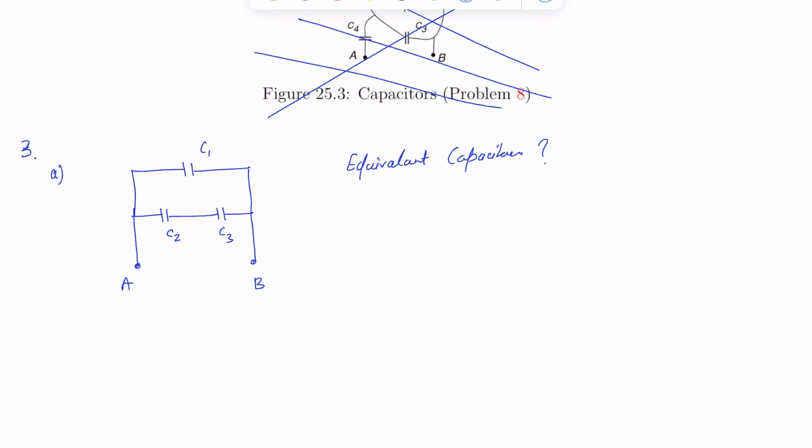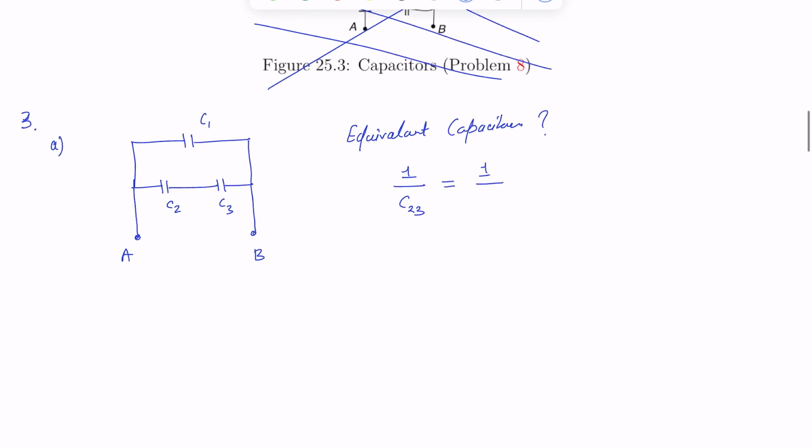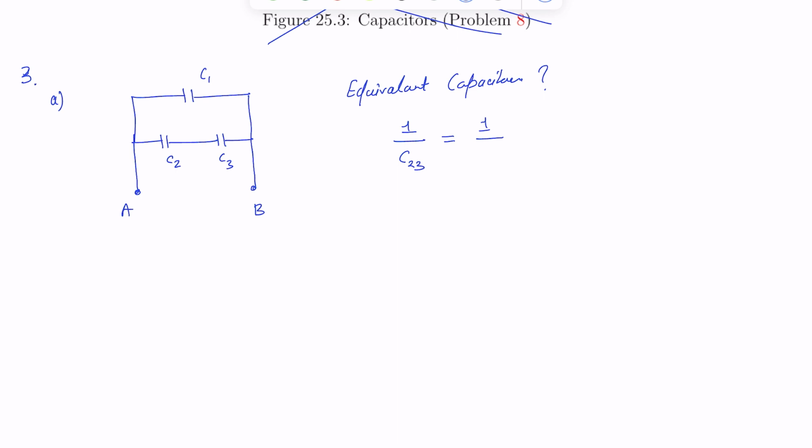So if I want to replace C2 and C3 by one single effective capacitance, let's call it effective capacitance C23, then its value is going to be 1 over C23. I'm using the formula for series combination for capacitors. It is the opposite of what you have for series combinations in resistors. So it's going to be 1 over C2 plus 1 over C3, and we need to also keep in mind that